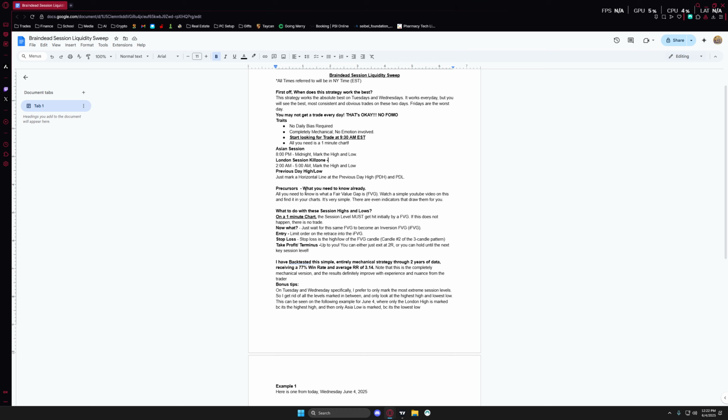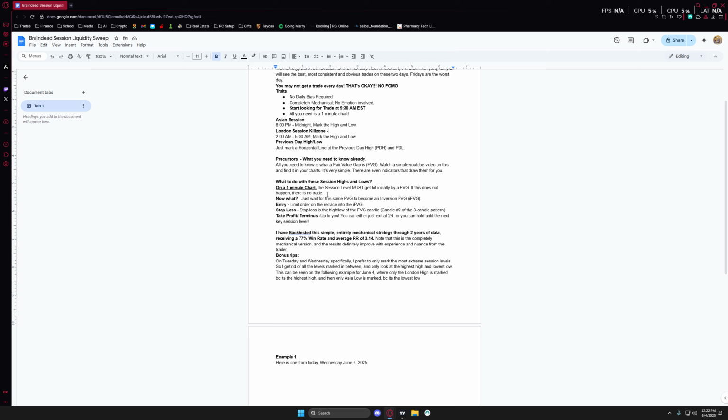And what do we do now that we have these session highs and lows drawn on our chart? We stay on that 1-minute chart and we wait for this level to get hit after 9:30 by one of these fair value gaps. It has to get hit by the fair value gap or there's no trade. Okay? If this happens, then we wait for this fair value gap to become an inversion fair value gap, and I'll explain that later. Our entry will be a limit retracement back into that inversion fair value gap, and our